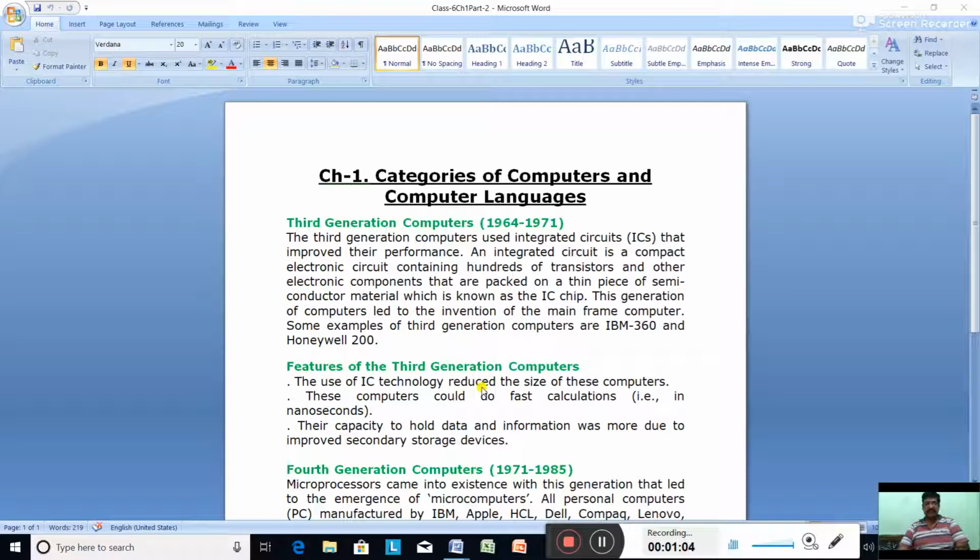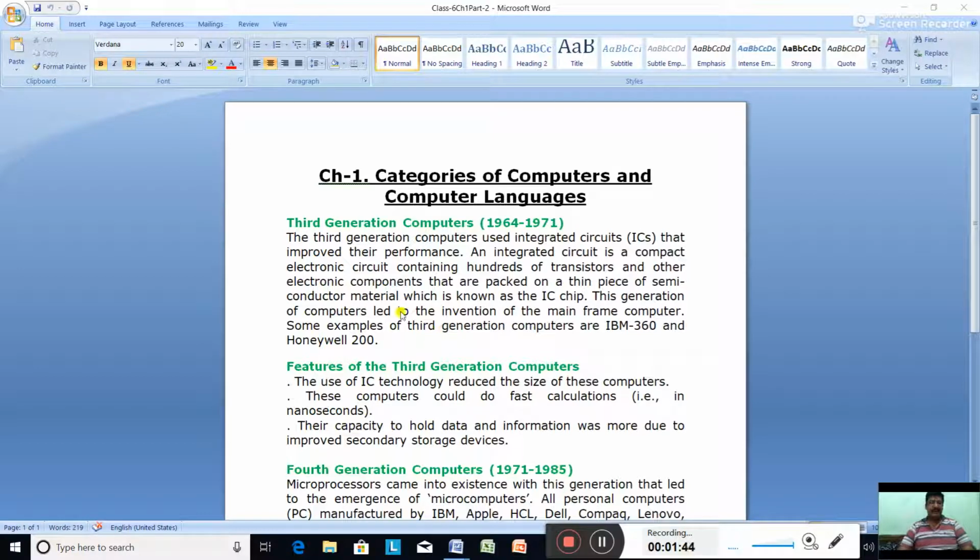Then we discuss about the first generation computer. In the first generation of computer, the main component was vacuum tubes, and time period was 1940 to 1956, and it started with the computer ENIAC, which was the first fully operational electronic general purpose computer, and it was developed by Professor J. Presper Eckert and John Mauchly in the USA. And what was the high level language used in the first generation of computer? Fortran, formula translation. Okay. And it was developed by IBM company, International Business Machine.